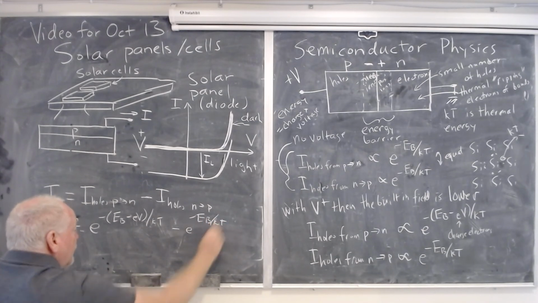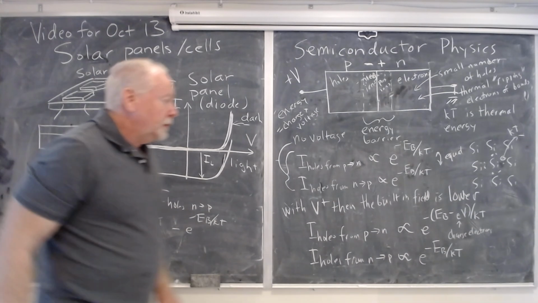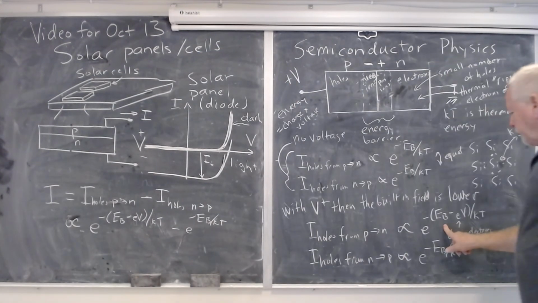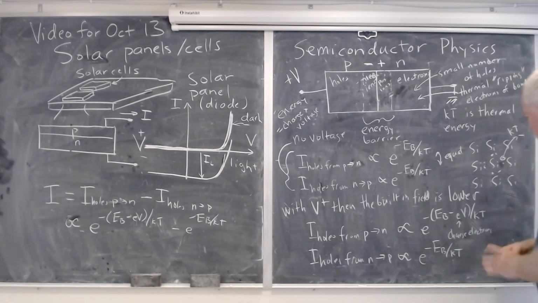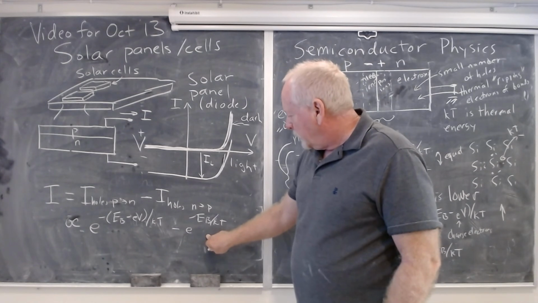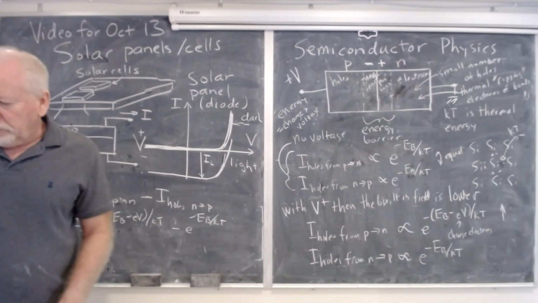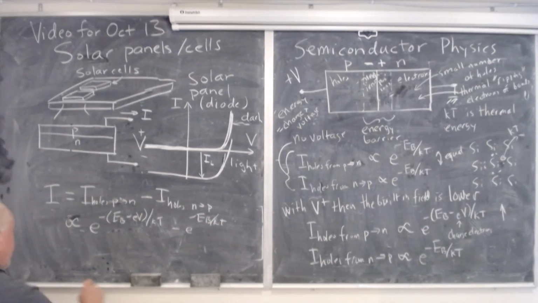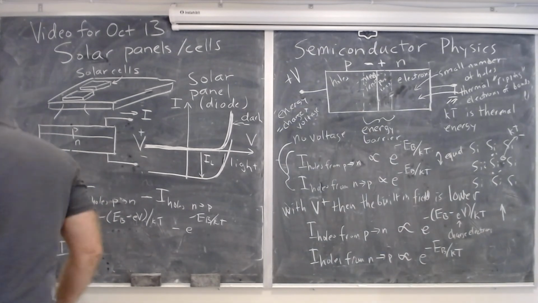over kT. Because this one, now think about it. Since the barrier, this is e to the minus a barrier that has gotten smaller, so that has gone up. And so this is bigger than that, because this is e to the minus a smaller number. And so I can write then, putting in a proportionality,